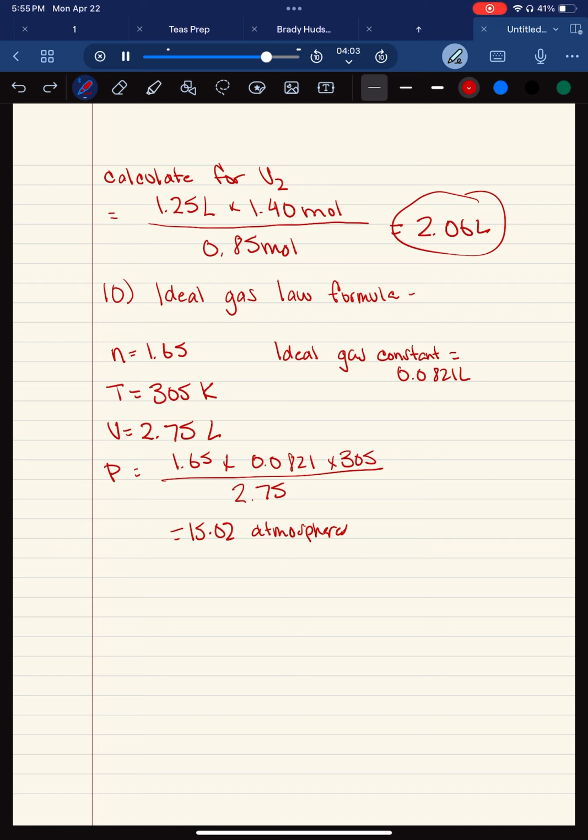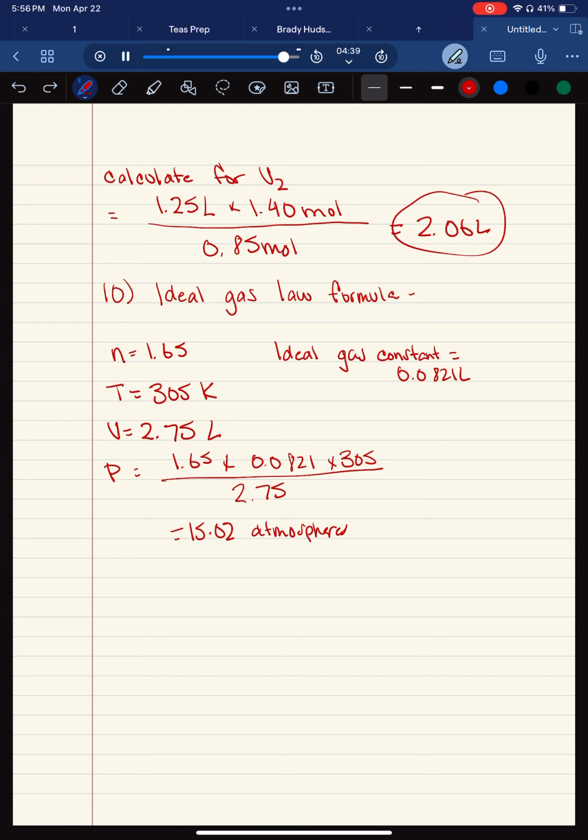And then for our last question, which is: a gaseous sample of 1.65 moles of gas has a temperature of 305 kelvins and a volume of 2.75 liters. What is the pressure of the sample? So let's just list a few things out here. We're going to use the ideal gas formula once again. n equals 1.65, temperature equals 305 kelvins, and our volume is 2.75. And we need our ideal gas law constant, which is 0.0821